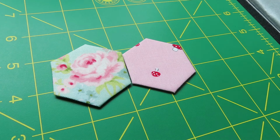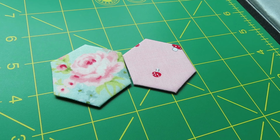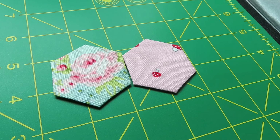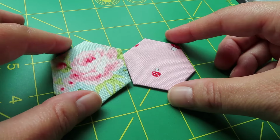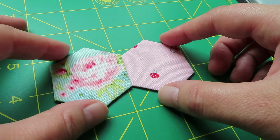I'm going to take a break from whip stitching my edges together to explain the knicker knot, which I've been using with every edge I connect. You're still going to whip stitch, but to secure the beginning and end of an edge, the knicker knot will help strengthen your stitches and hopefully make them more unlikely to come undone through washing or just moving your pieces around. So this was suggested to me by a viewer who watched my first EPP video, and I